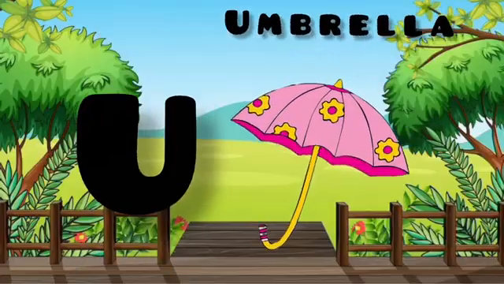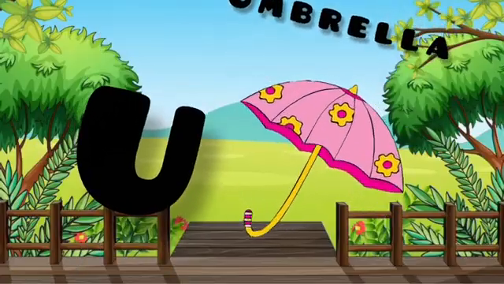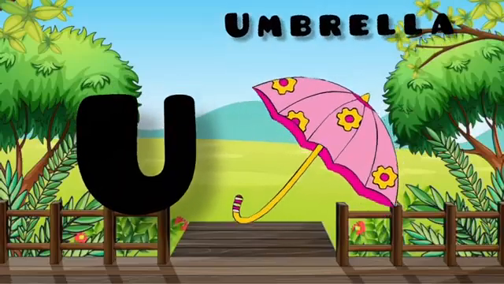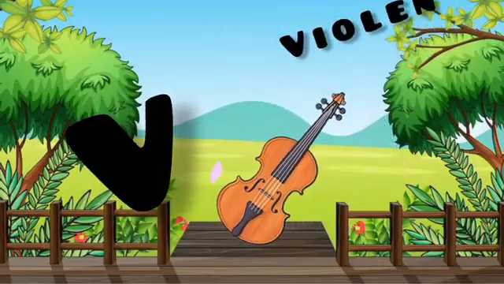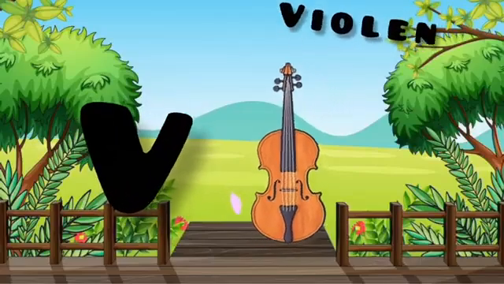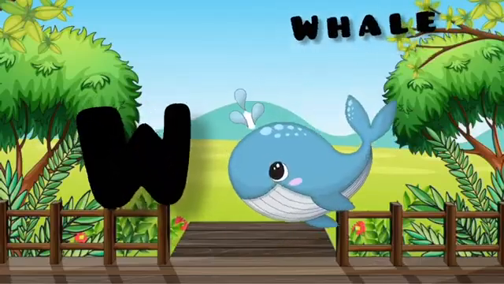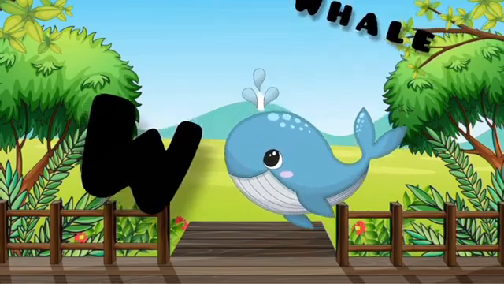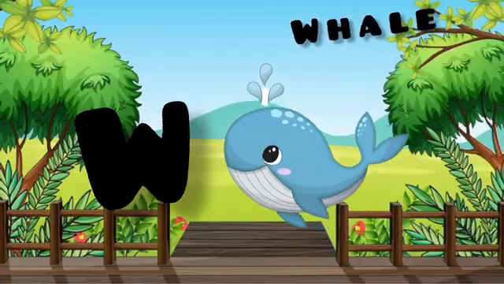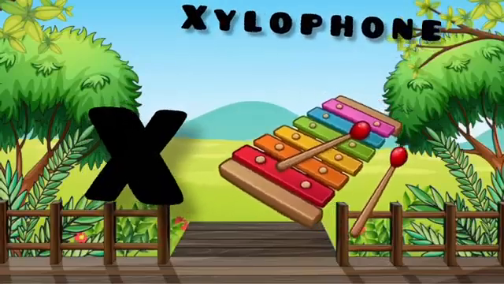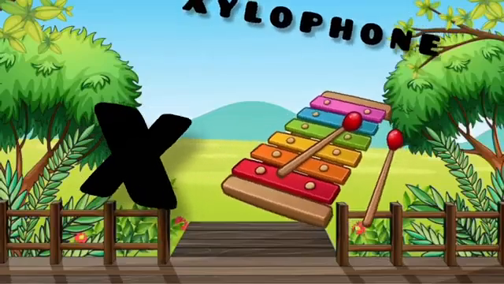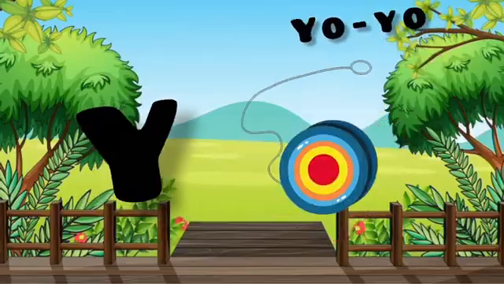U is for umbrella, umbrella, umbrella. U, umbrella. V is for violin, violin, violin. V, violin. W is for whale, whale, whale. W, whale. X is for xylophone, xylophone, xylophone. X, xylophone. Y is for yo-yo,